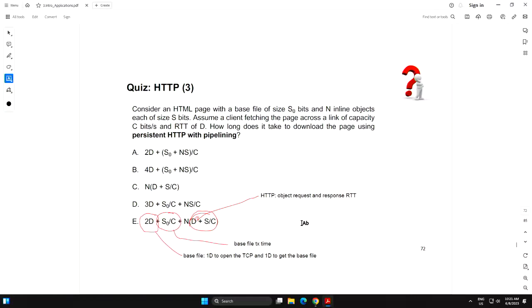Trying to find out which formula fits this is more challenging than if you just solve it yourself. But to solve it yourself, you need to understand the timing diagram for pipelining and non-pipelining, and persistent and non-persistent, and that was the focus here. If you still have questions, just let me know.